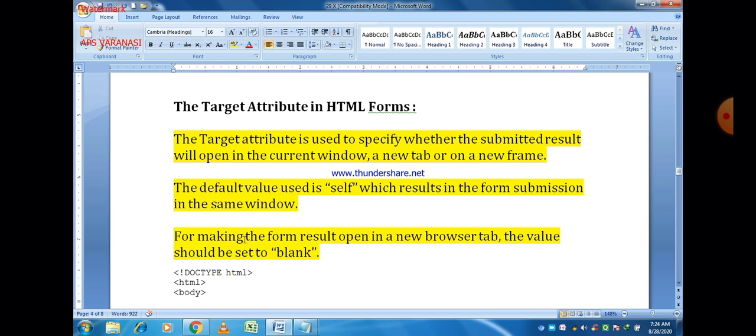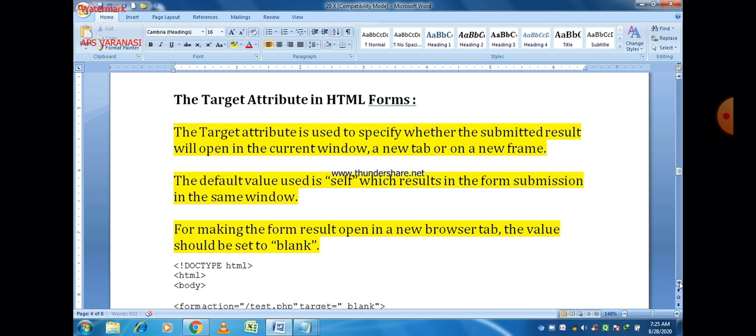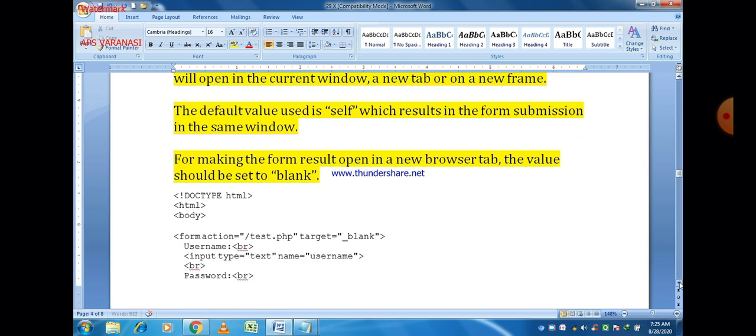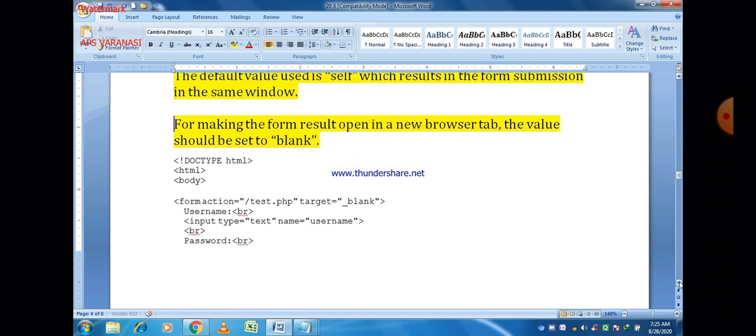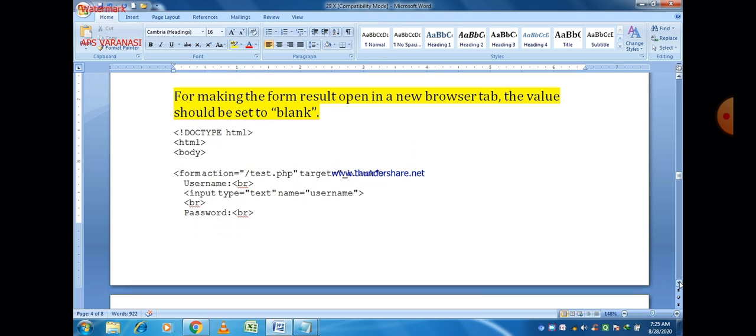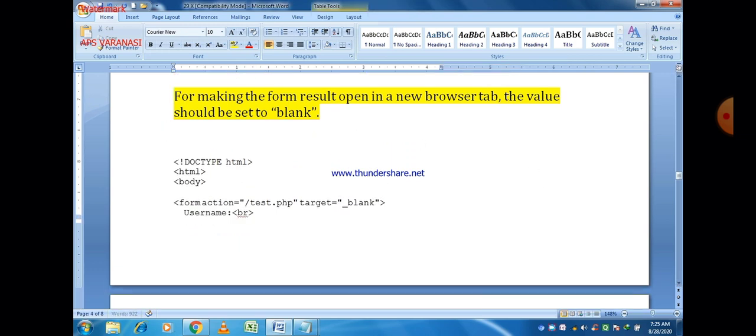You can easily see that for that purpose you have to do only one thing. Within the form tag, just write target is equal to blank or self. If you don't write this attribute, then by default the web page will be opened in the same window.